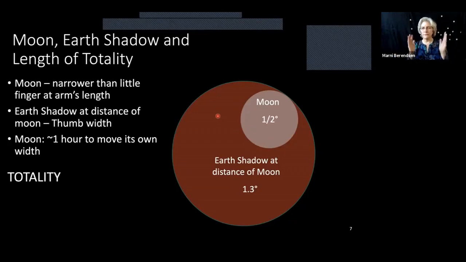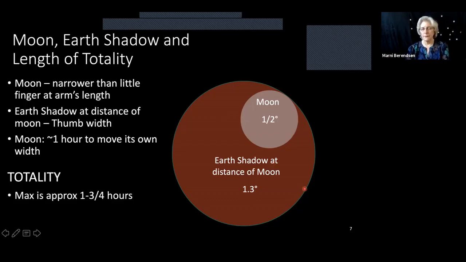So how about the length of totality? We know that the length of totality tomorrow is really short, and I'll show you the schedule in a minute. But the maximum is a little less than 1 3/4 hours, and that's when the moon takes a path right through the middle of the Earth's shadow. But tomorrow's is less than 15 minutes.